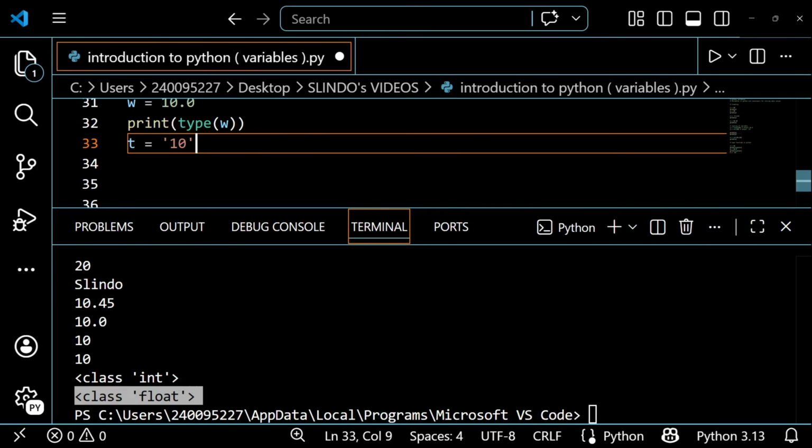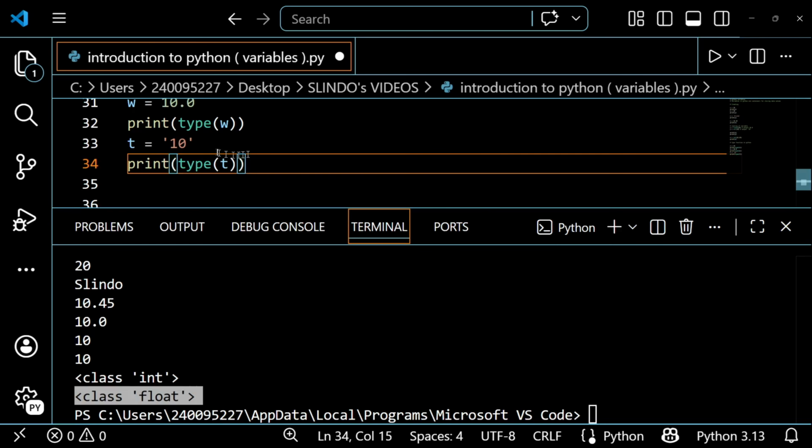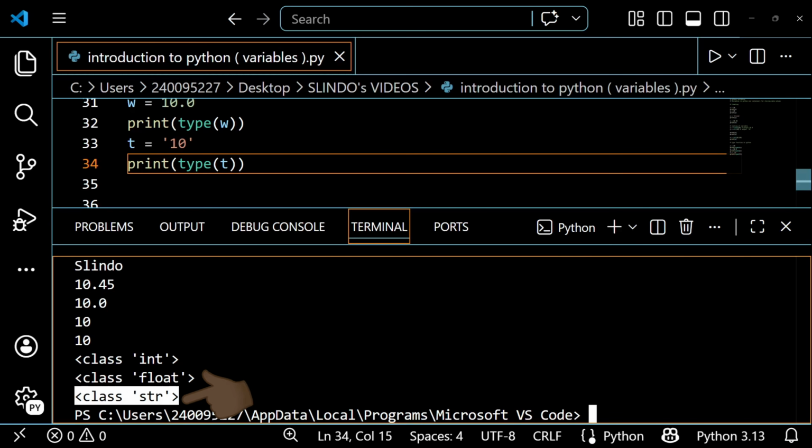I can print the type of t. Oh, wonderful. t is a string. t falls under the class of strings. You can make so many of them using the type function.